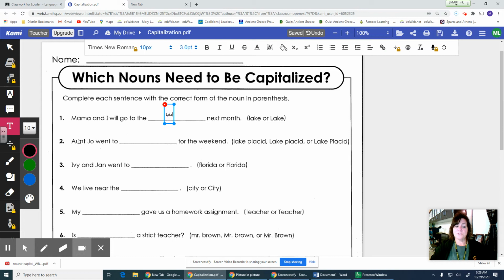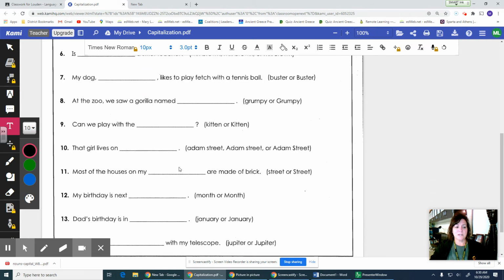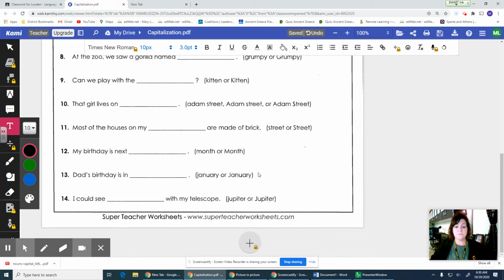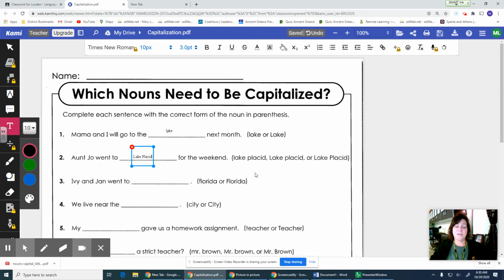Okay, all right, number 2. Aunt Joe went to blank for the weekend. We're going to fill in the blank with Lake Placid, but you have to decide which way is the correct way to write it. Is it naming a specific lake? It is. So it's a proper noun, so it would be capitalized. So we would use this last one where Lake's capitalized and Placid is capitalized. Okay, Lake Placid. All right, so that's how that one's gonna go. So finish up the rest of those on your own. If you get stuck and need help with something, raise your hand and one of the adults in the room will help you. So don't forget to